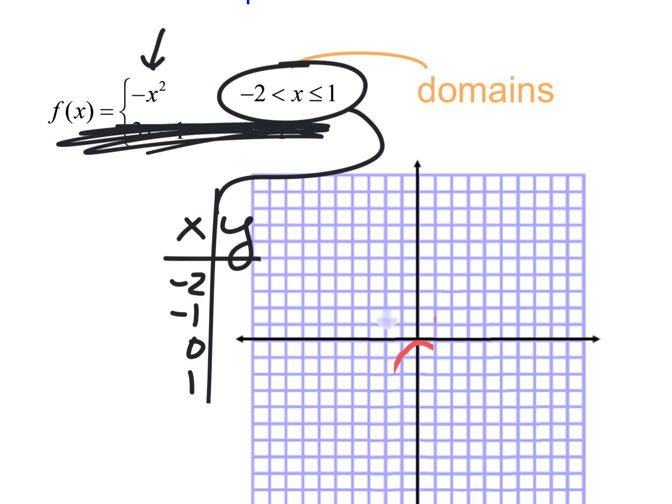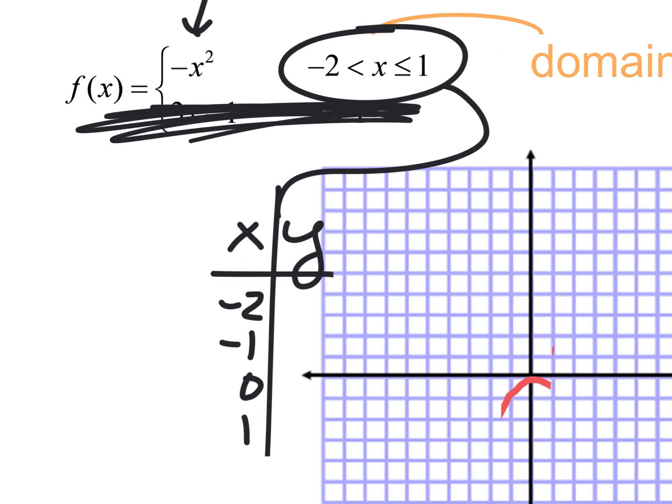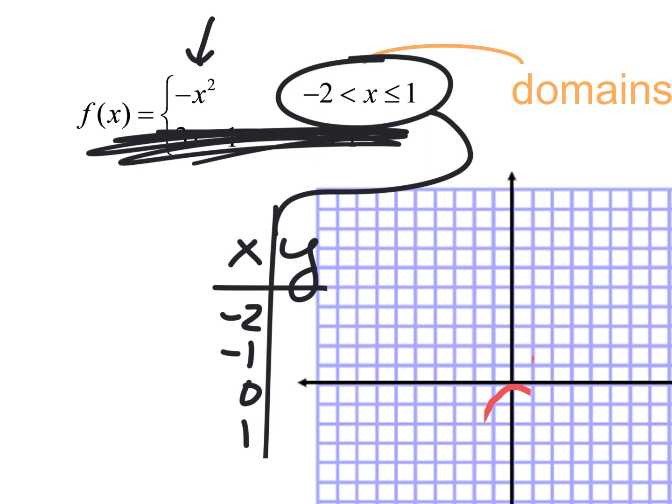But you got to be much more careful in precalc than just like that. If that's on your test, I can't give you the credit for it because it doesn't start in exactly the right spot. It doesn't end in exactly the right spot. It doesn't have an empty spot on one end and a solid spot on the other. So let's be a little more careful. When we put the -2 in here,